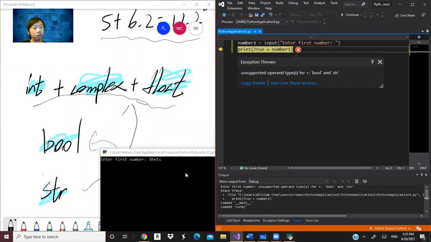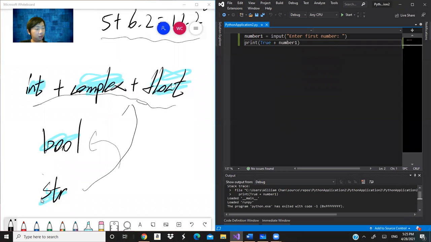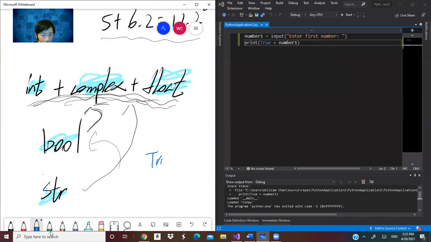It doesn't work, so they cannot be accepted. But boolean can be combined with these three types. If it is true, the computer will convert the true to 1.